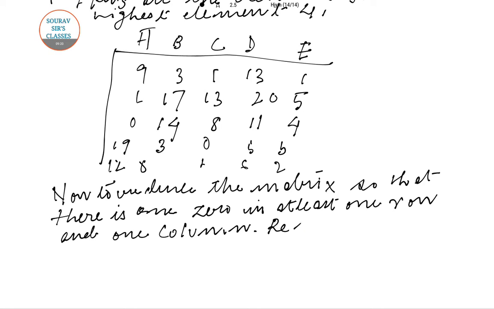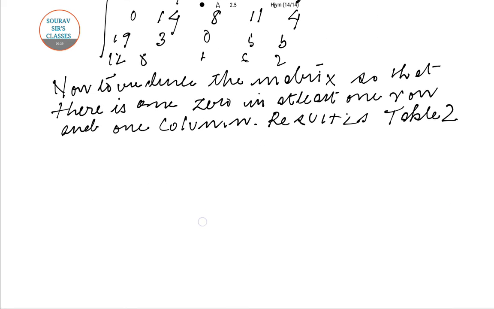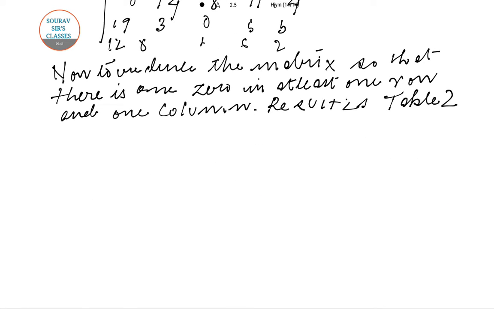Then you grade the table 2. This is your table 1, and that's your table 2. The result is table 2. Let's make the table 2 so that we can make at least one zero in each row and each column. So if you can see like this,